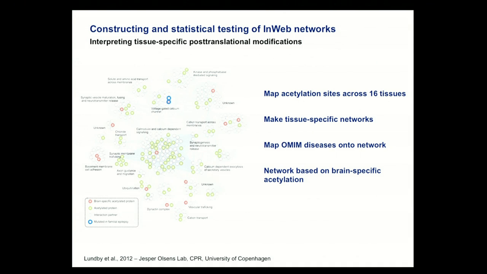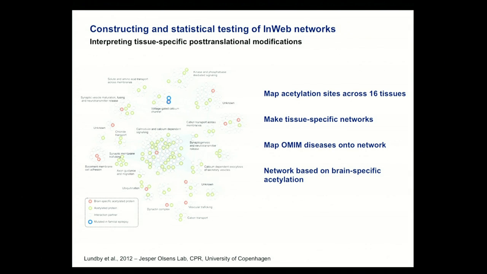We also get some clusters of unknown function that we don't really know, and some clusters that have ambiguous functions, but clearly overall this is what you would consider to be brain-relevant biology. And I think that's even more supported when we map the OMIM diseases onto the network, so we basically